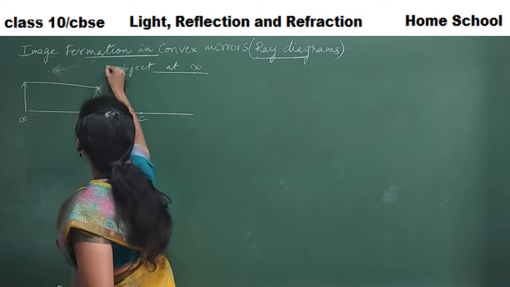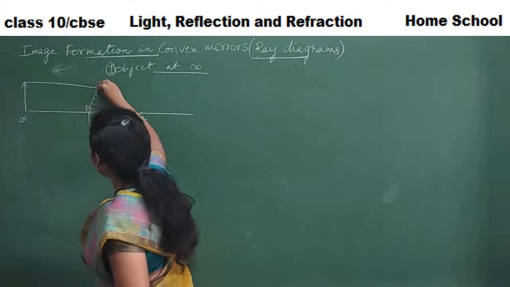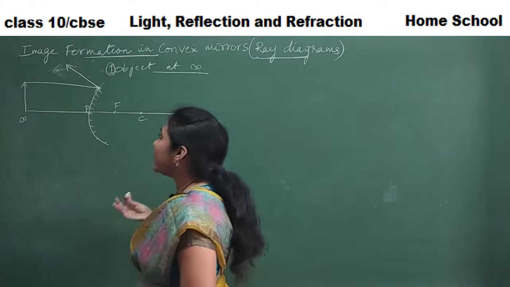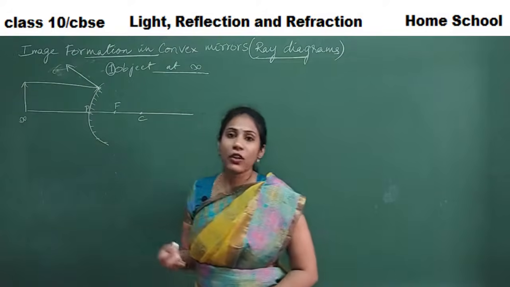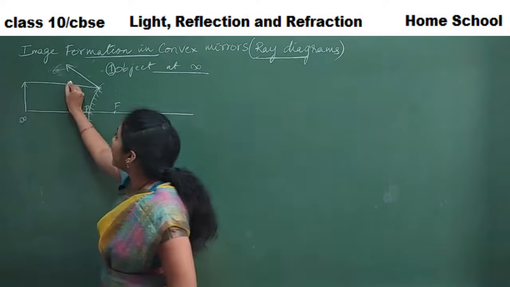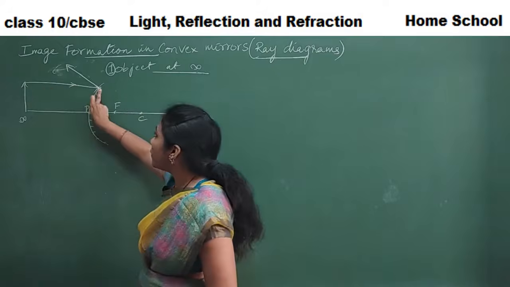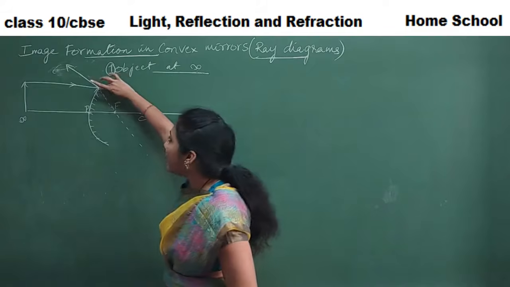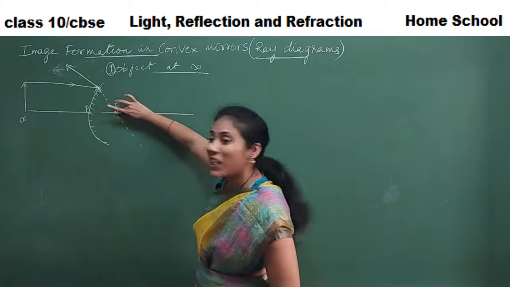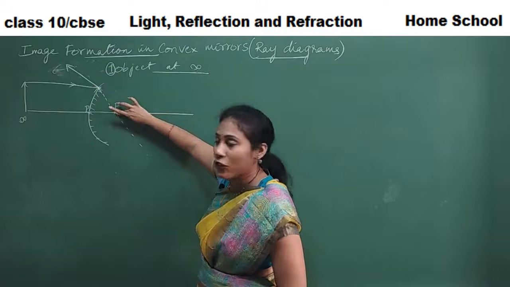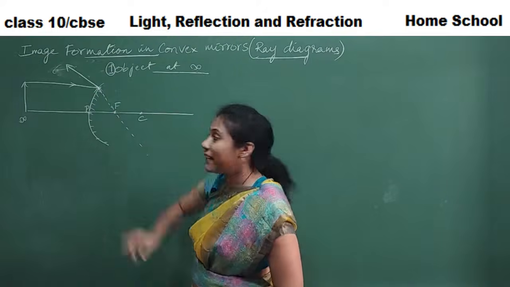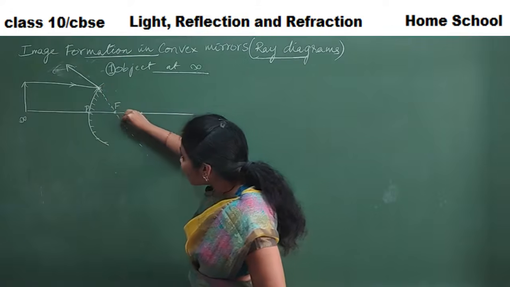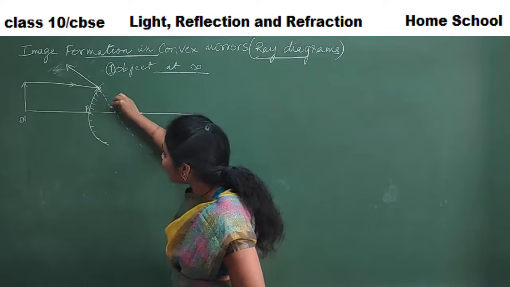Let me write here. How does this get reflected? This gets reflected like this. We have seen the rules for drawing ray diagrams, right? Whenever an incident ray is parallel to the principal axis, in case of convex, the reflected ray appears to pass through the focal point. Yes or no? The principal focus, we should not forget that point. If the reflected ray appears to pass through the focal point, I should extend the lines.